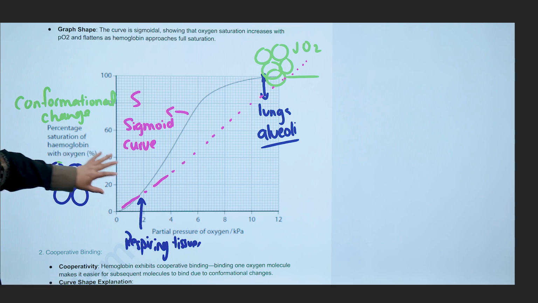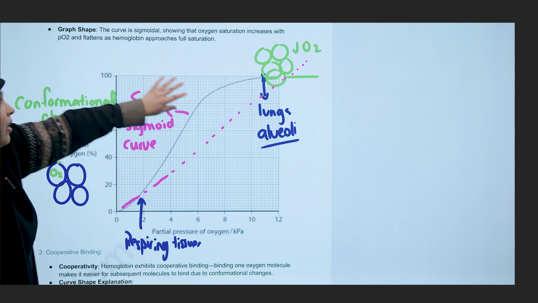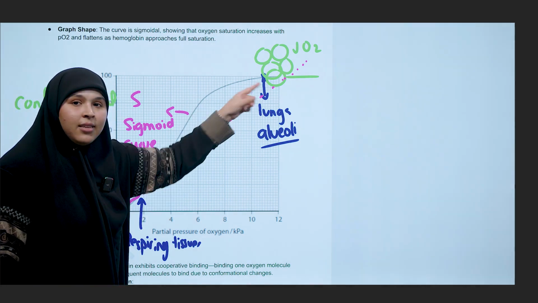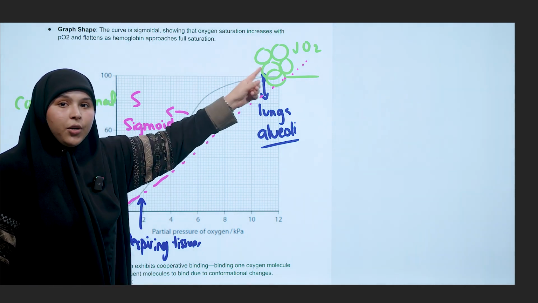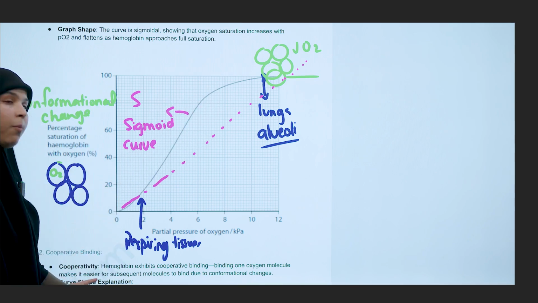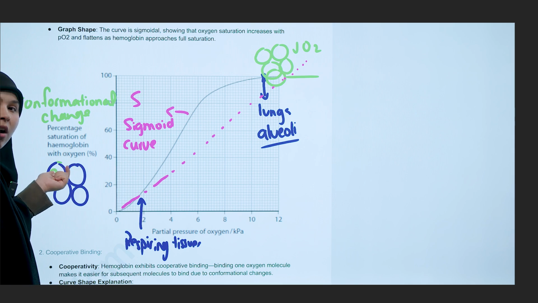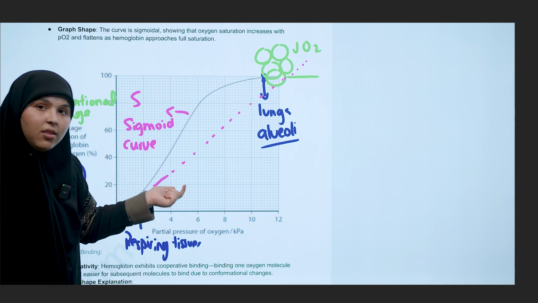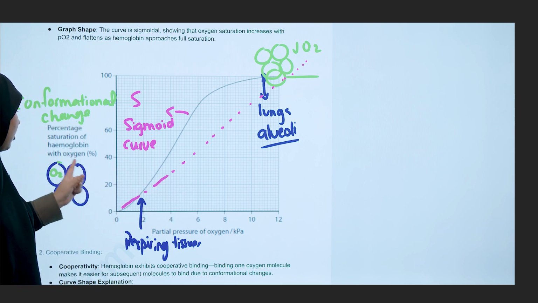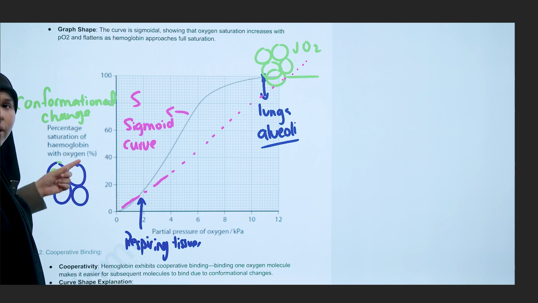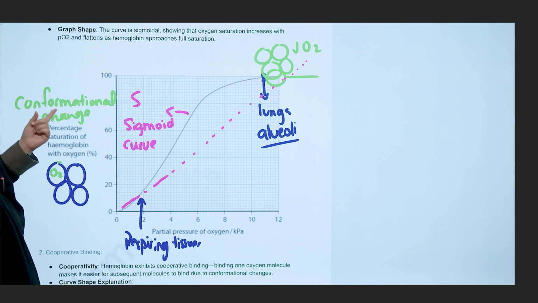So the shape of this curve, or this phenomenon that we are having in here, what is the reason that we are getting this sigmoid-shaped curve, or this S-shaped curve? It's because we're having the cooperative binding of oxygen. And again, because the binding of the first oxygen will be difficult, once the oxygen binds, it's going to cause a conformational change in the oxygen and the sites that will allow, and because we know that hemoglobin is